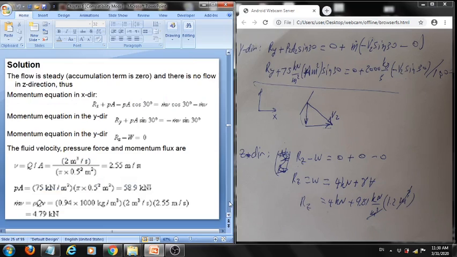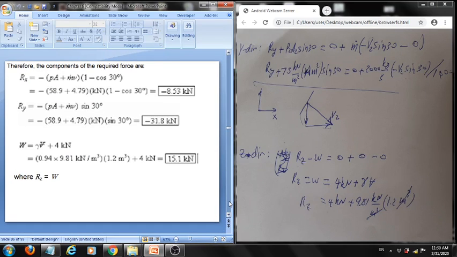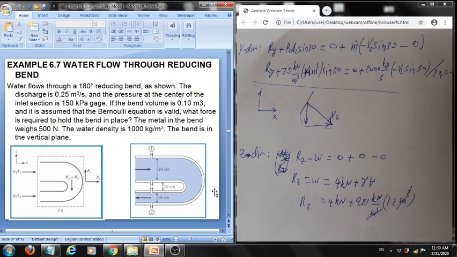Here is the solution. You can follow it and make sure that the procedure we followed is exactly what is written on the slides. Here is another example,